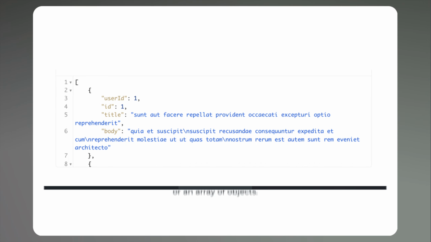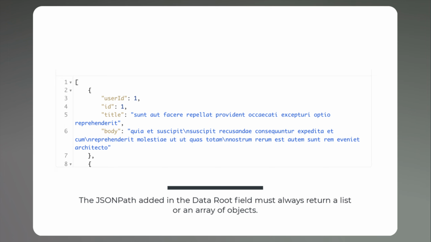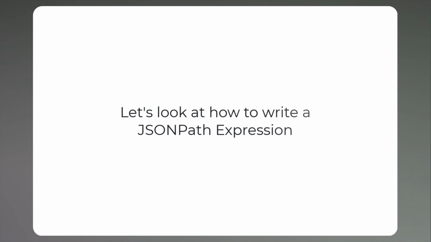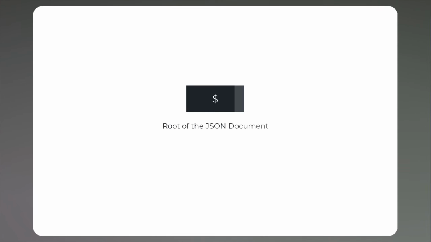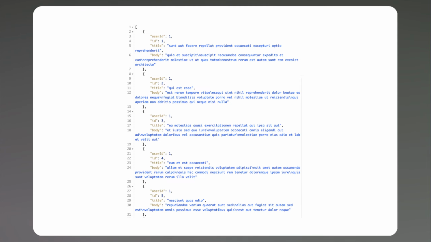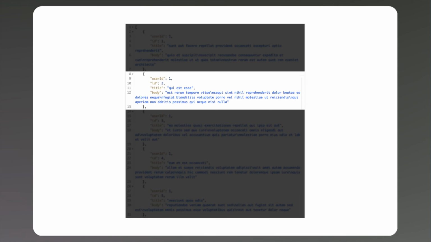For a REST API source, the JSONPath added in the data root field must always return a list or an array of objects. Let's look at how to write a JSONPath expression. Every JSONPath expression begins with the dollar symbol, which represents the root of the JSON document. For example, consider this sample response returned by an API endpoint. The response is an array of objects, where each represents a post and contains fields such as user ID, title,